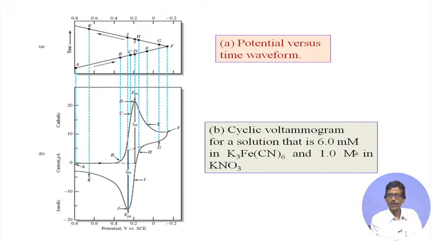that means 6 into 10 to the power minus 3 molar solution, and usually we simply go for millimolar concentration. You see that millimolar concentration and the cell volume is also very small, because we require a very small amount of this material, since the cell volume is only 10 ml. Sometimes it can go down to 5 ml, even 1 ml. So, a solution volume of 10 ml is fine. So, you can find out the required amount to get this concentration of 6 millimolar. So, how small a concentration of potassium ferricyanide you require to get this response,